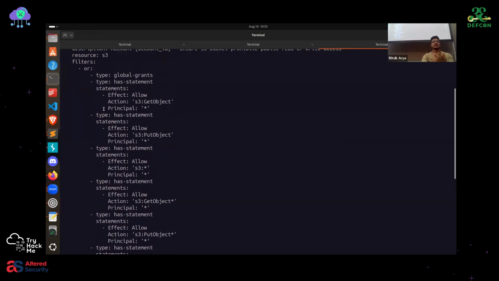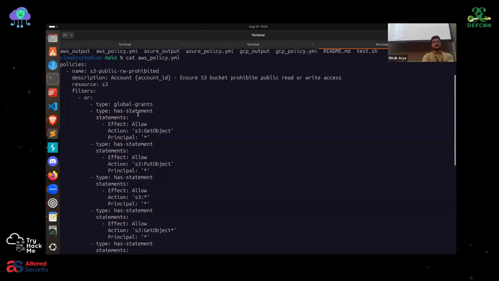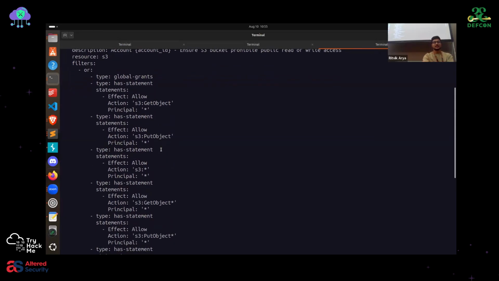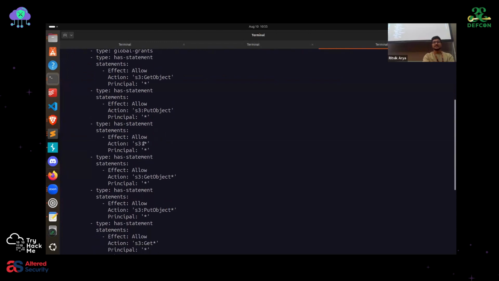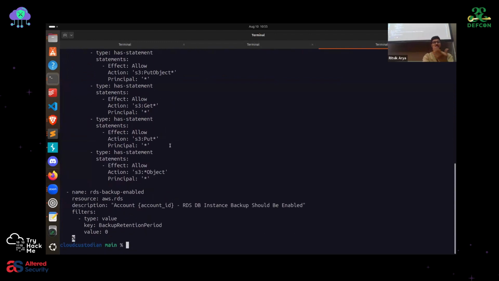So for this one, we have some certain conditions, like anyone can get, principals star, anyone with a valid access, like accounts, can actually get the data or they can put object. So S3 star is allowing all the actions, and then we figure out the resources which are compliant to these conditions. So it will output those resources, and then you can